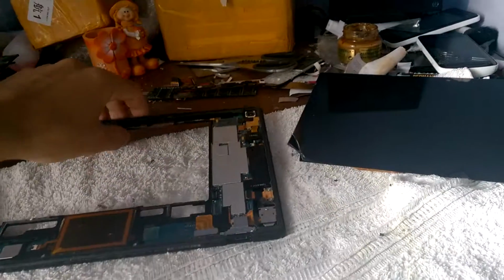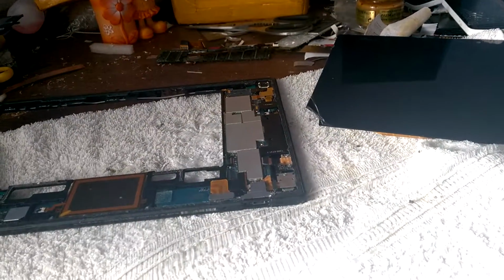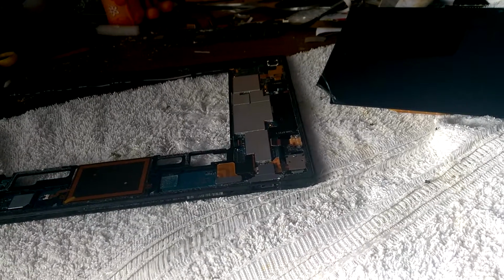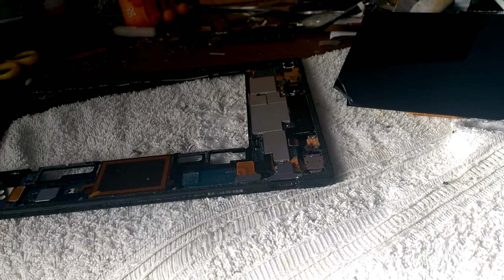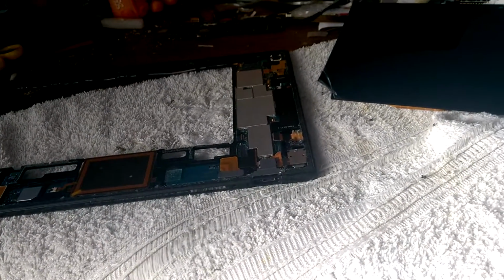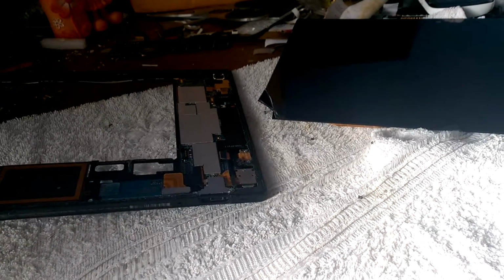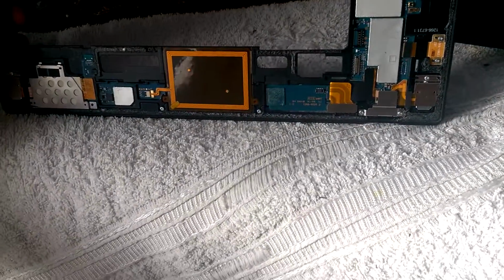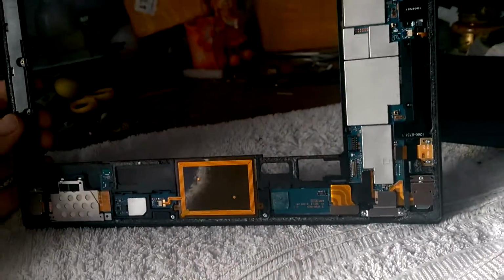But for this case I bought the LCD with the frame, about $65 or $67 with the customs. It would be about, I don't know, maybe 75. Anyway, now it's time to disassemble the